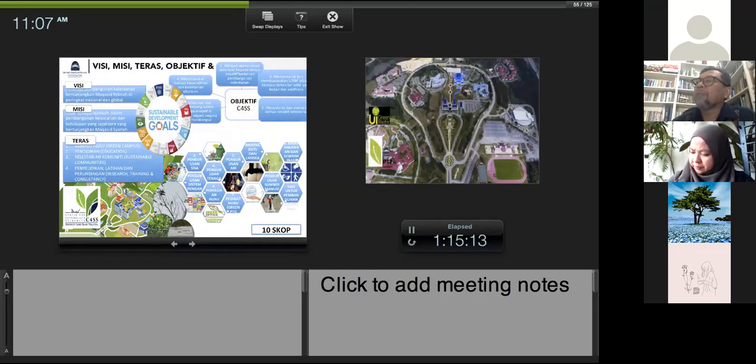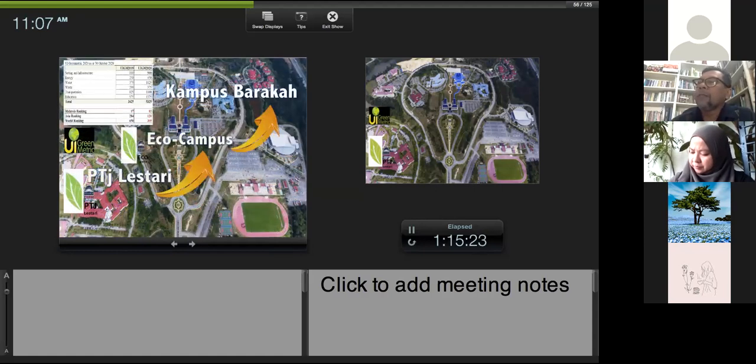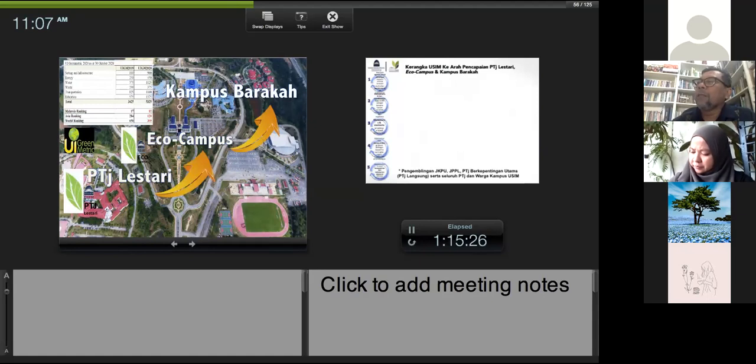Alhamdulillah kampus USIM for the past 1 year lah kita kata, kita dah ada some strategies, policies and juga initiative. Okay. So we want it to be Campus Barakah, dalam strategic planning of USIM 2025. So untuk mendapat Campus Barakah kita kena jadi eco campus, dan untuk mencapai eco campus kita punya all the faculties and what not perlu lestari dulu. So this is the strategy.